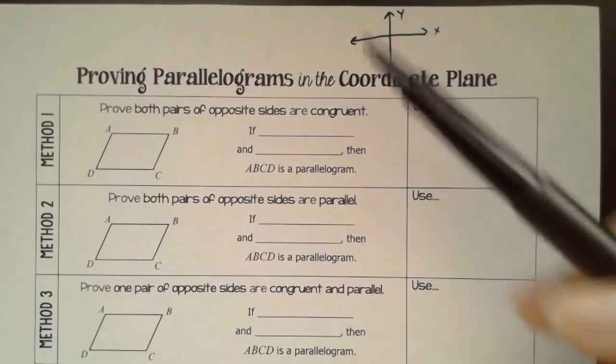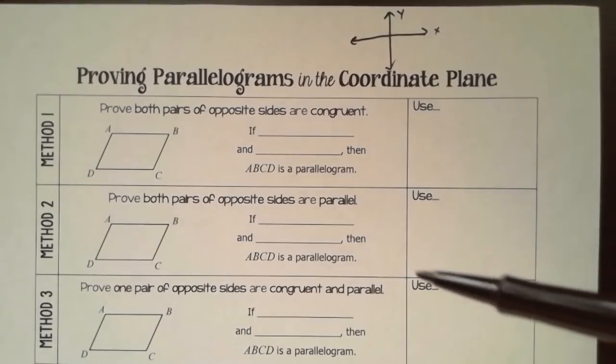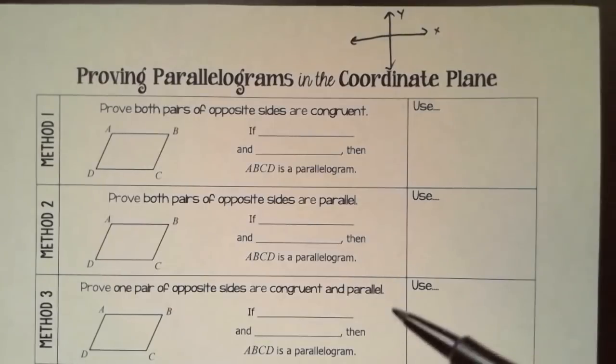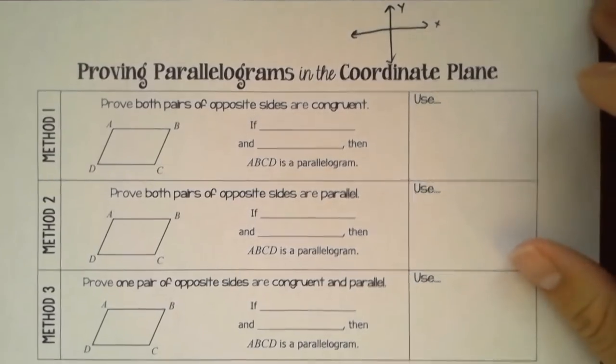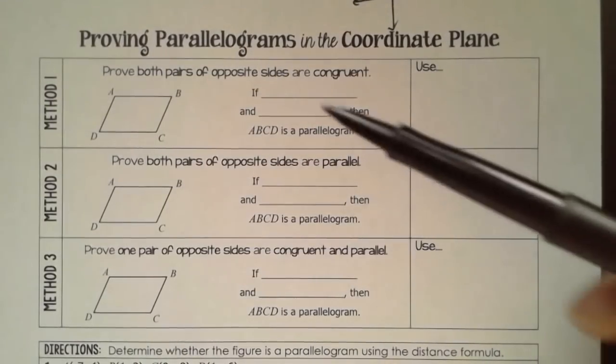Okay, and the purpose of this second part of concept 36 is to prove that given points you have a parallelogram. How do you know that it's a parallelogram? So there's three methods to proving that you have one. For the first one,